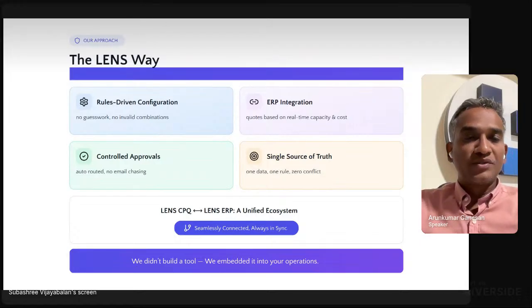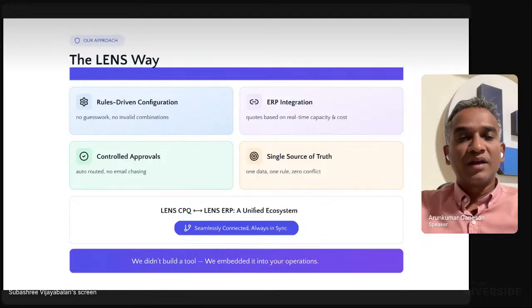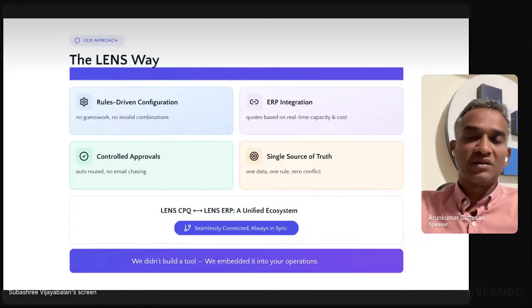It is primarily driven by rules, and all these rules can be easily configured, mostly by the sales team. It is very well integrated with the existing ERP system, or we have our own ERP to integrate, especially the stock, bill of material, and even the sales orders and delivery logistics.